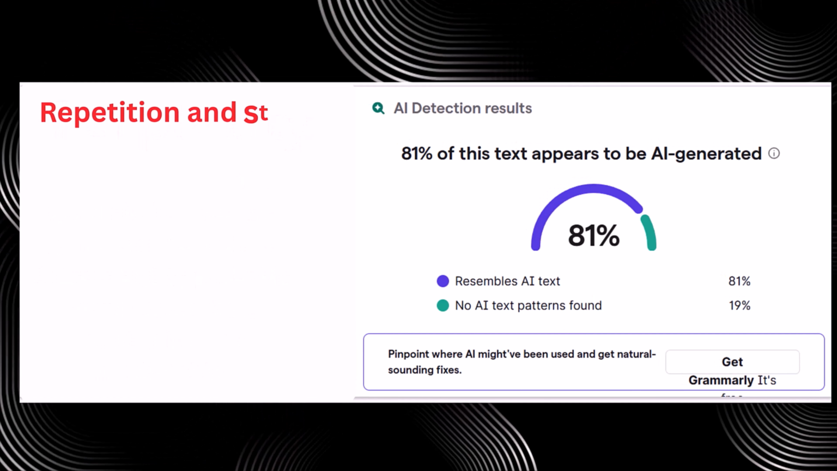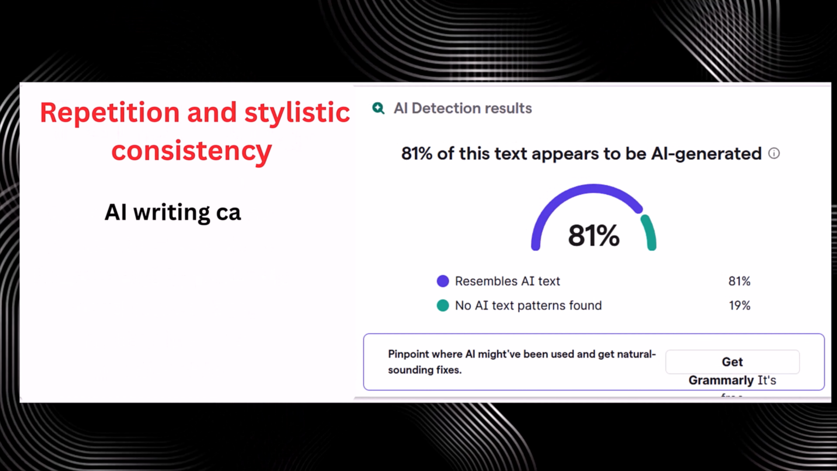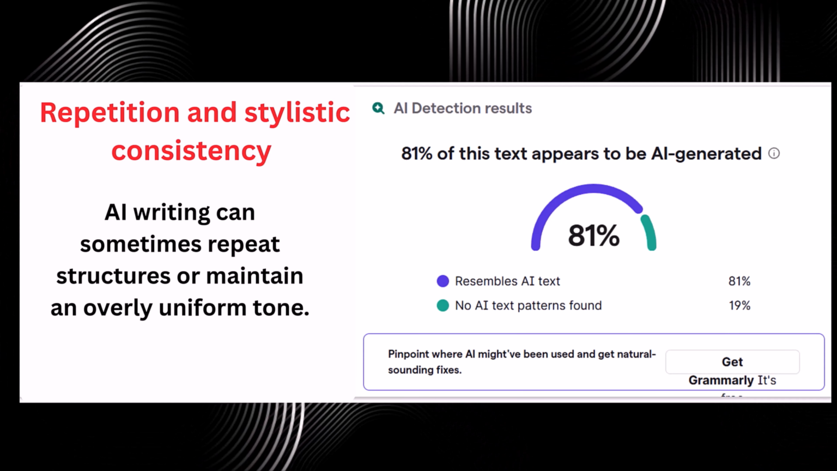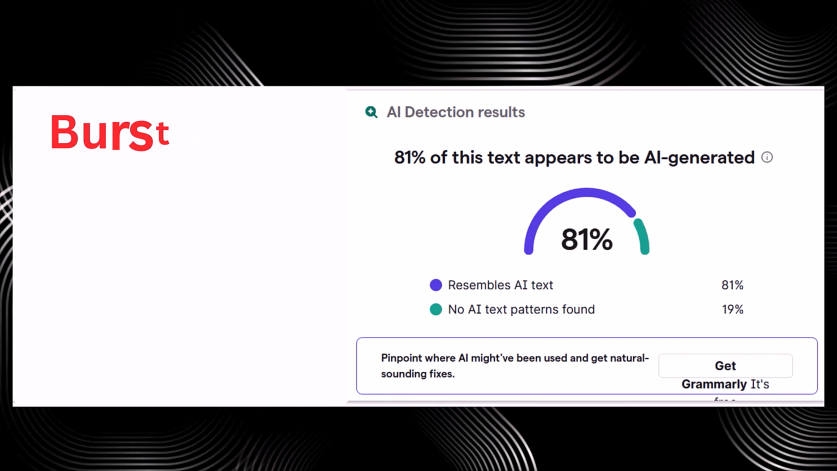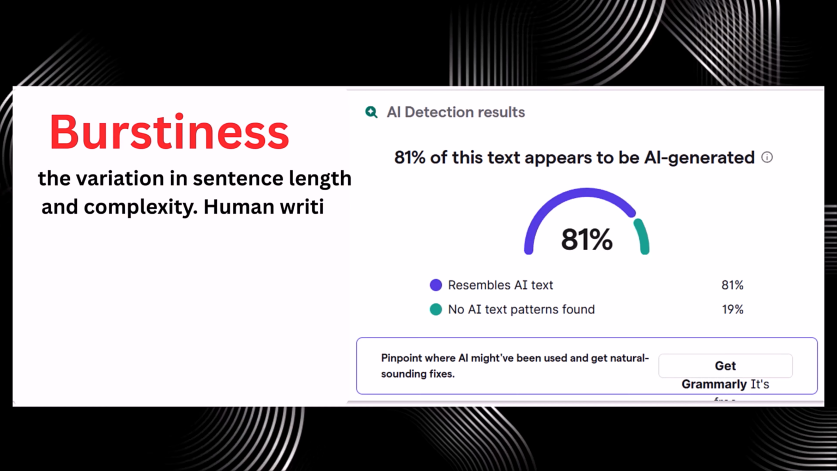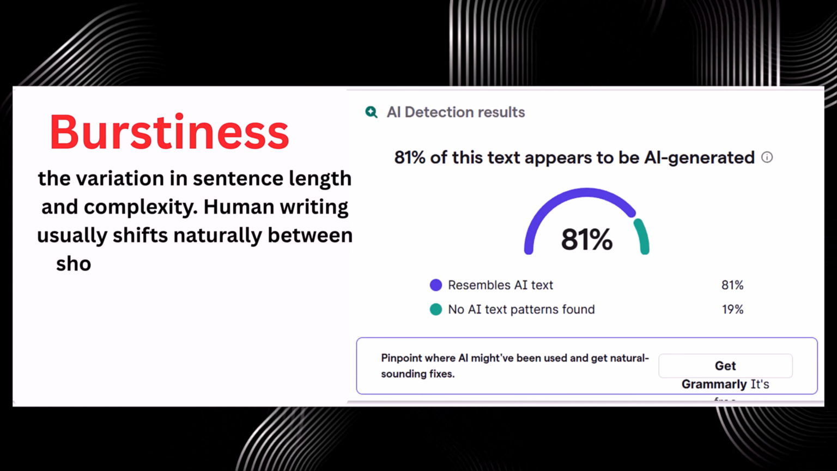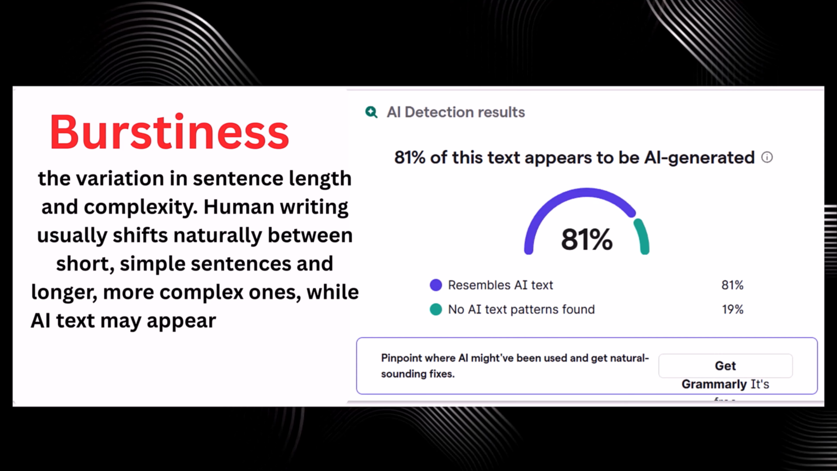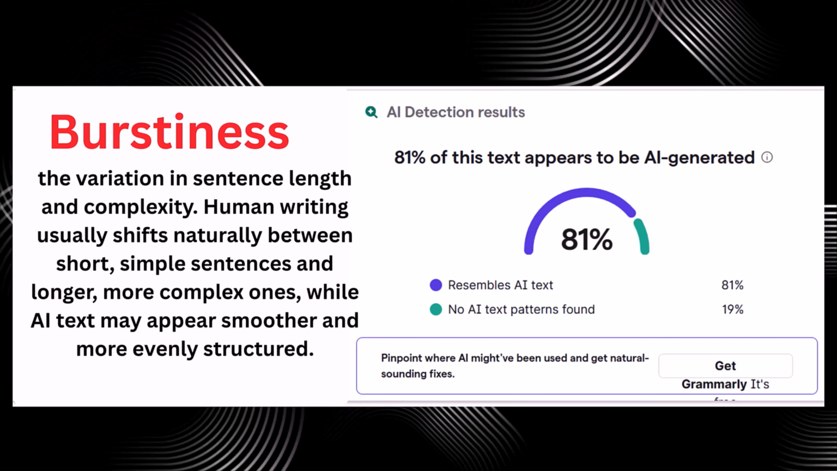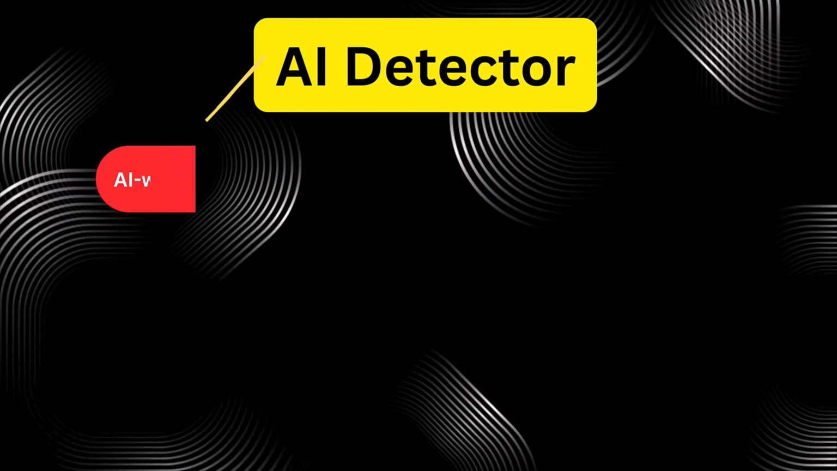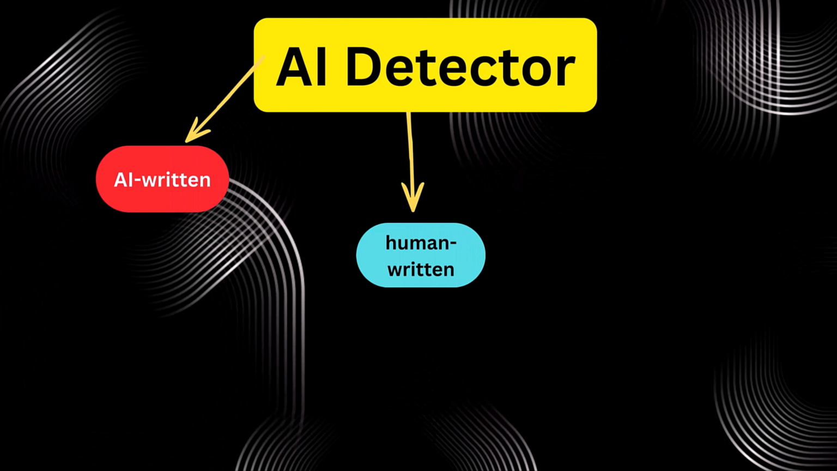Repetition and stylistic consistency. AI writing can sometimes repeat structures or maintain an overly uniform tone. Burstiness, the variation in sentence length and complexity. Human writing usually shifts naturally between short, simple sentences and longer, more complex ones, while AI text may appear smoother and more evenly structured. Using these signals, the detector estimates whether the content is likely AI-written, human-written, or a mixture